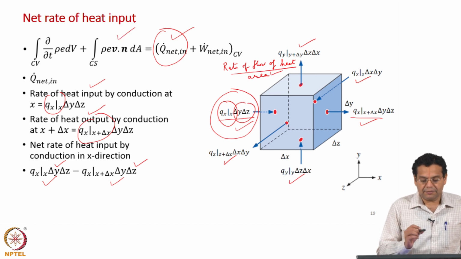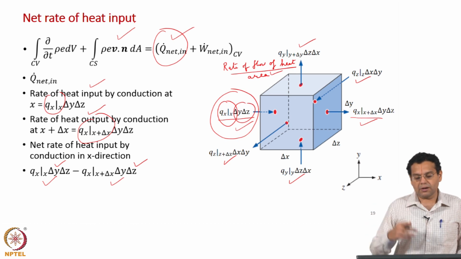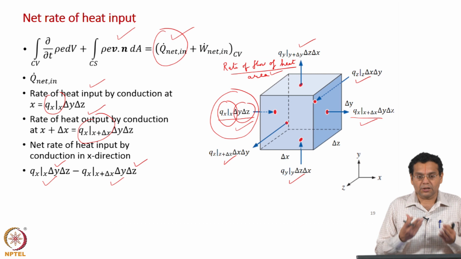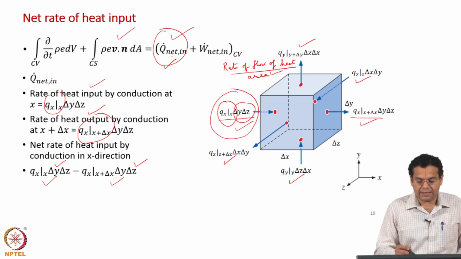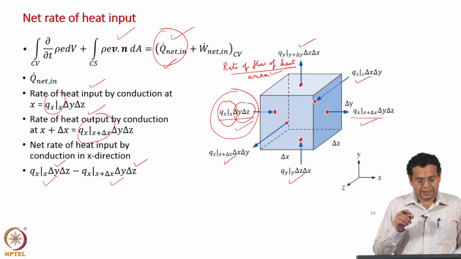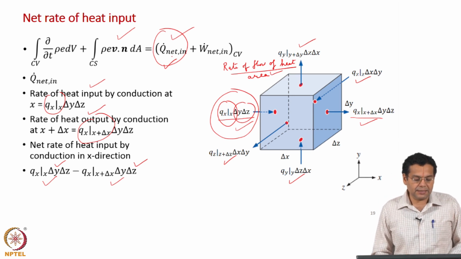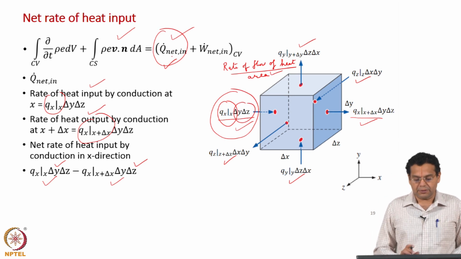When we did the convection term it was net outflow. So, throughout all the conservation equations we have been considering it as outflow minus inflow, so that it represents net outflow. But now on the right hand side we have net rate of heat input. So, we should take the term as heat input minus heat output, so that the term represents net rate of heat input. This convention has to be kept in mind, so that we take care of the sign correctly.